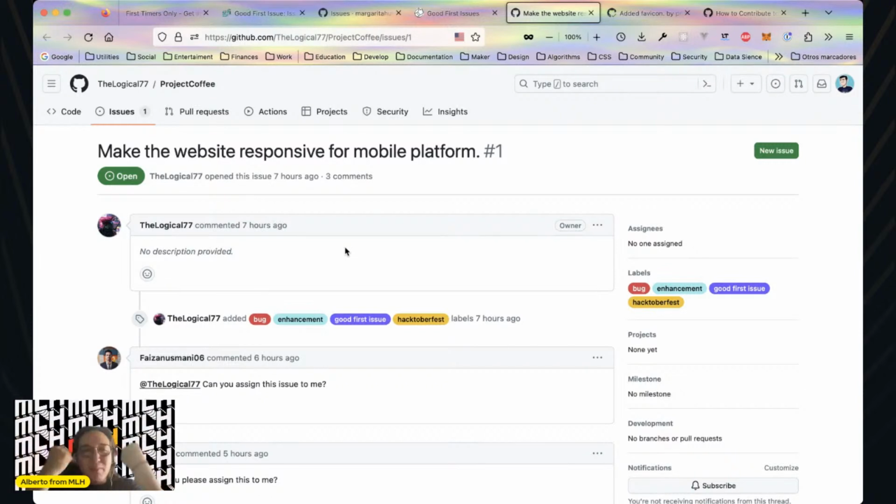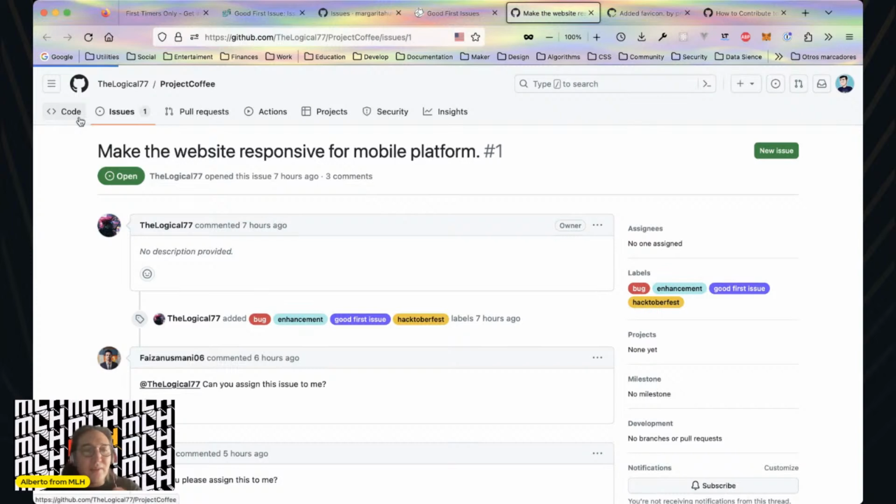Remember, first find the issue, the project you want to contribute to, then verify that it's a project that is open source, that has a license, that it's actively being contributed to, and that it's part of the decisions that the community makes.